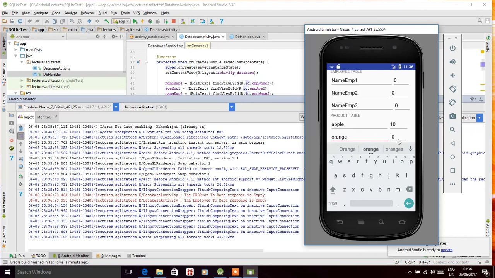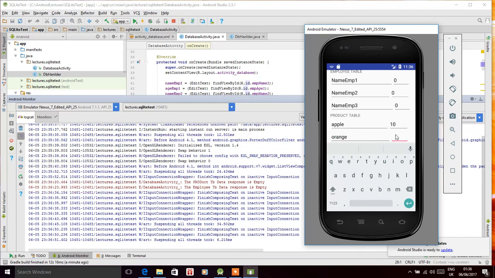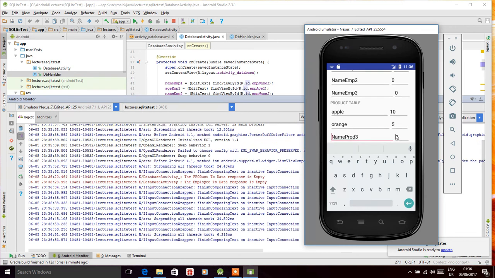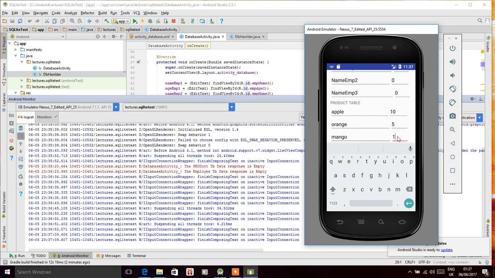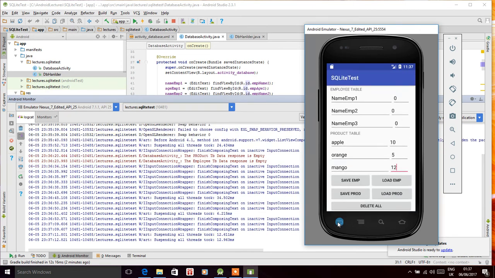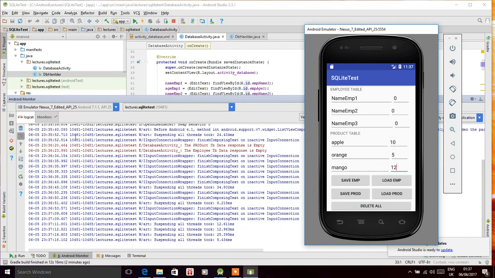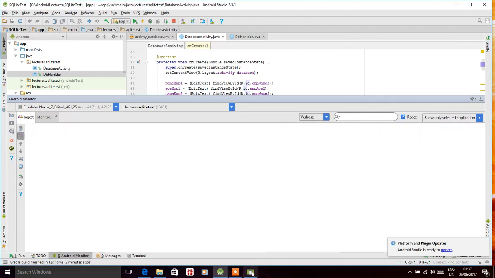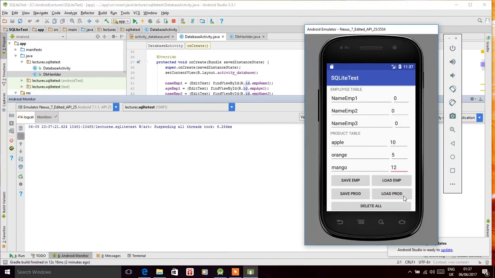Orange is $5. We press tab, we come to the next one. Mango is, let's say, $12, and now we save the product table values, and we can clear this terminal again, and now we try to